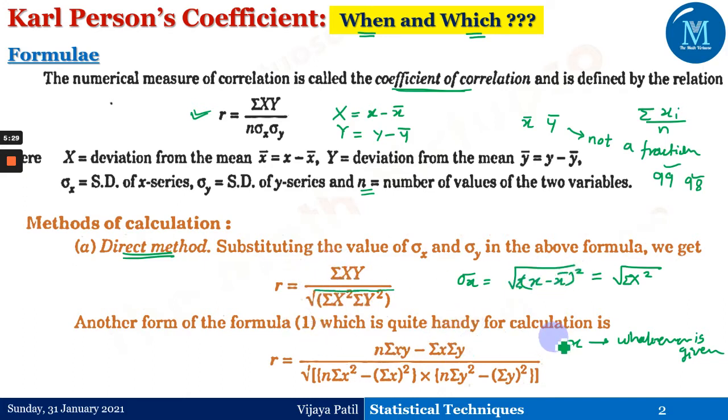Now I'm calling this handy because whatever values have been given to us, we will be directly going ahead with this. Normally, whenever we are going ahead with the calculations and you have smaller numbers, then this is applicable or very useful. Anyway, we are already working on a scientific calculator, so it doesn't matter for the calculation, right? So this is the second formula.